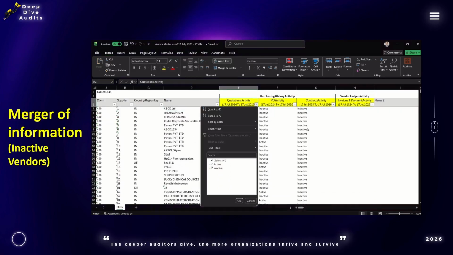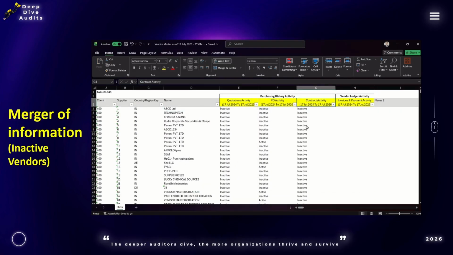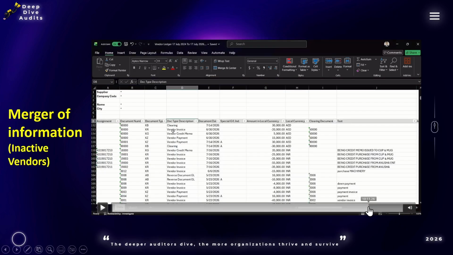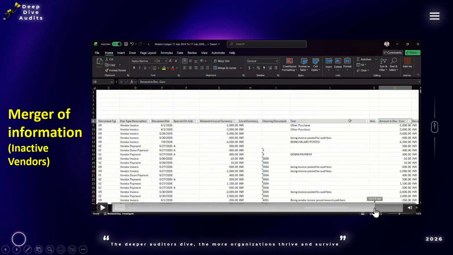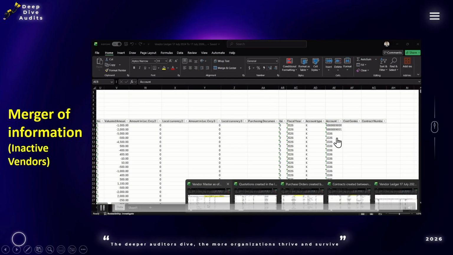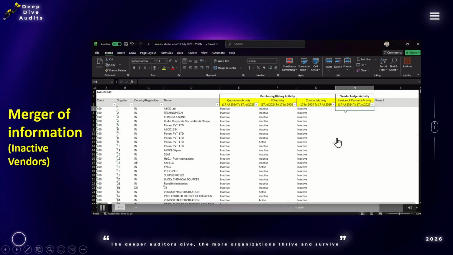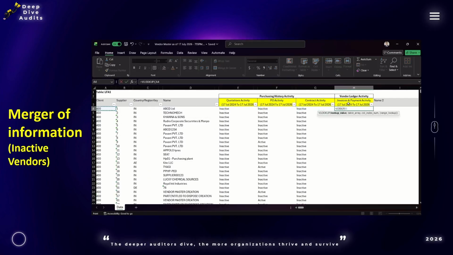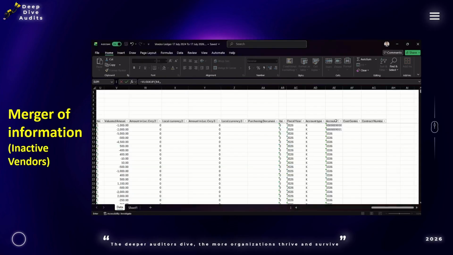So the same process we need to follow for the vendor ledger activity for invoices and payments posted. So for FPL1 it's straightforward because FPL1 has the account number. So you can see that the account number is there, which is actually the vendor code, so we don't have to split it or use a delimiter. So I will just be using a direct VLOOKUP here. So you need to bring the value based on if it is matched, okay? So selecting the right column,